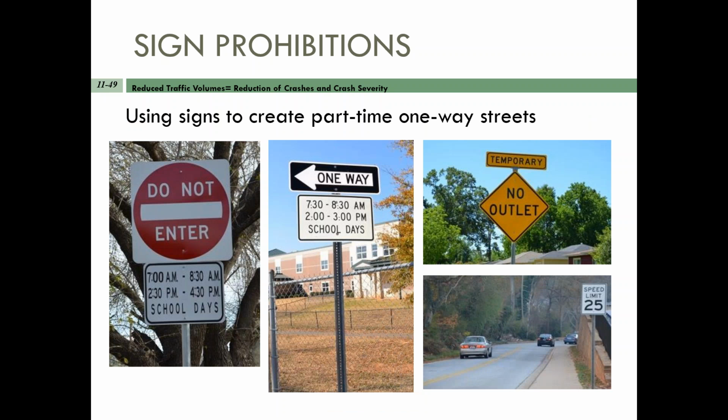Sure. And again, same comments. Do this with great caution. Again, I'm showing this because I know a lot of communities do it. The most common place that I've seen it is around schools, where you have a lot of pickup and drop-off, a lot of school bus,